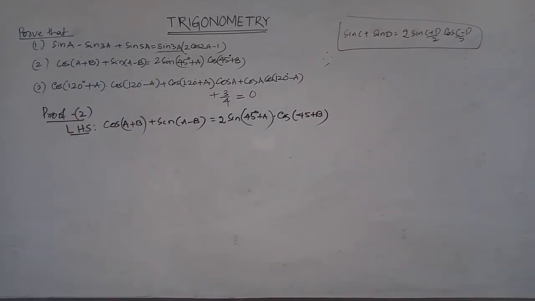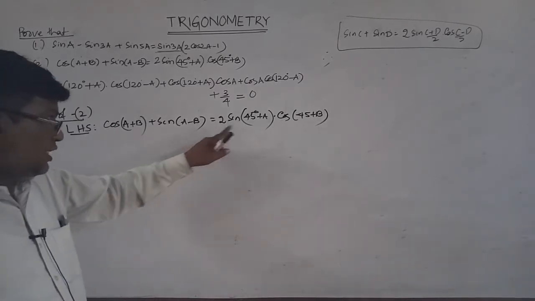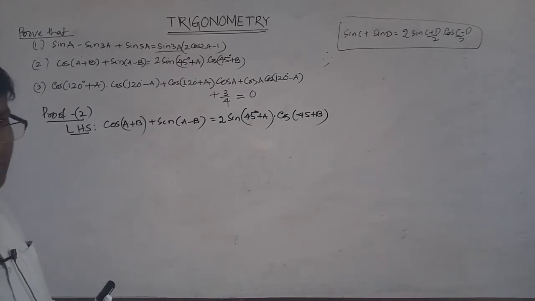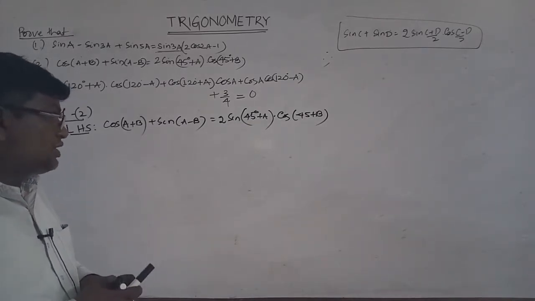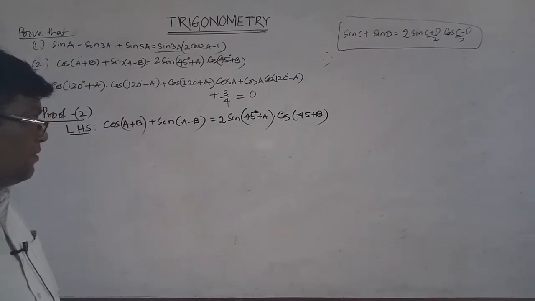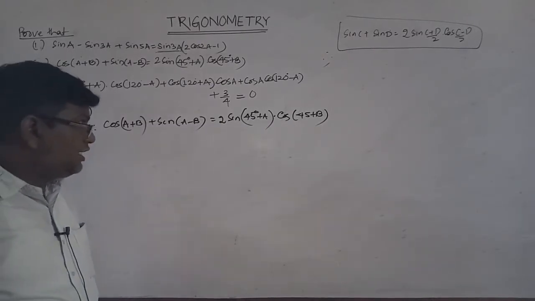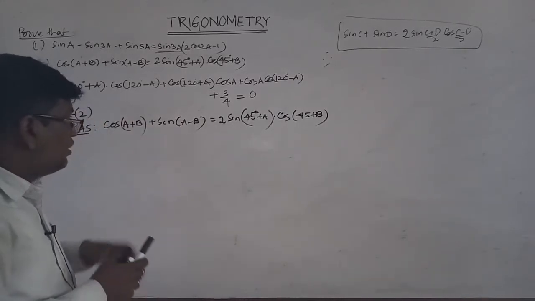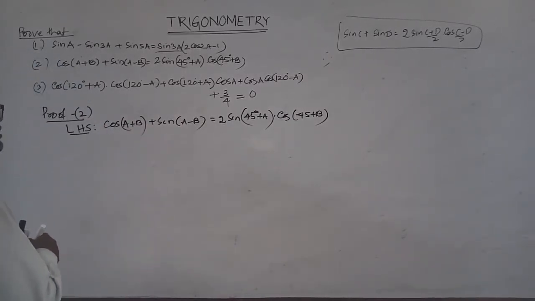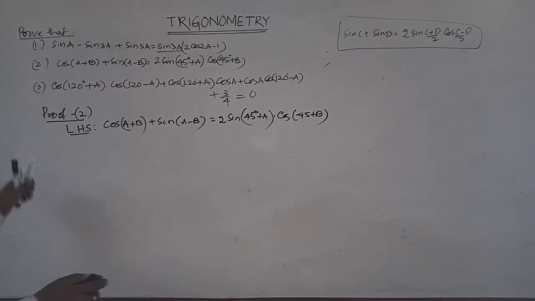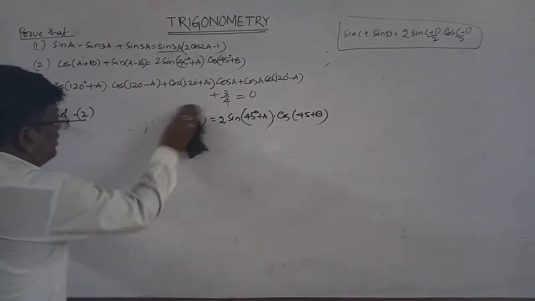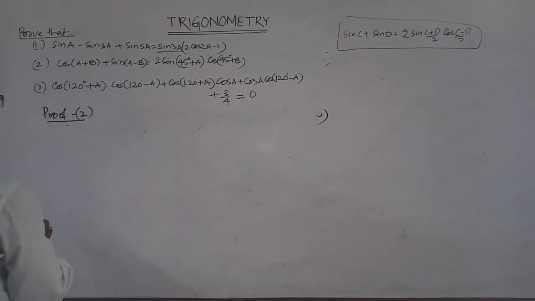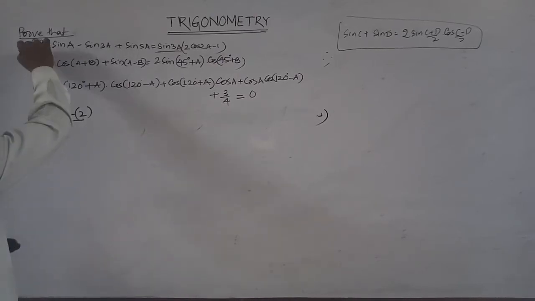Okay, this is equal to what? You can take the right hand side. This is 2 sin A into cos B. So what is the formula for 2 sin A into cos B? Sin (A plus B) plus sin (A minus B). This is LHS. Here you have to prove the right hand side only. The first one is over.